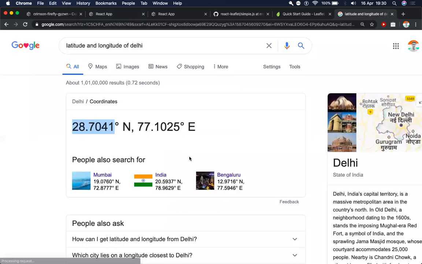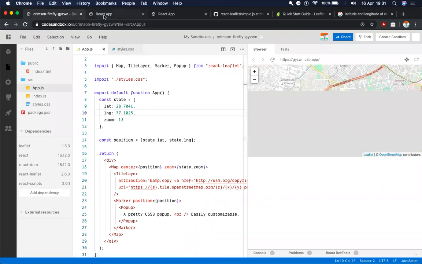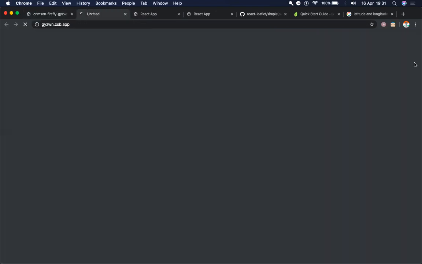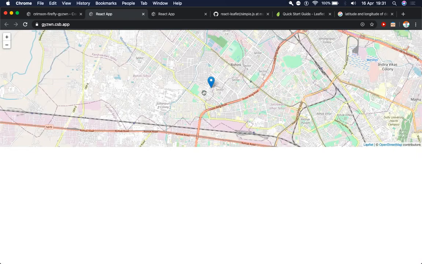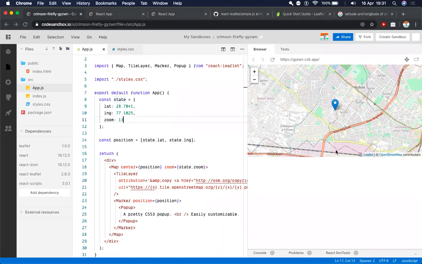What we need to visualize, so we need to be able to see where we can place our coordinates. If it's in the middle of nowhere, then it's not really helpful for us. So I again click on open a new tab, and yes, we can see this here, but we see that the map is too zoomed out right now. So since we are passing zoom as a property to our map, we can adjust it